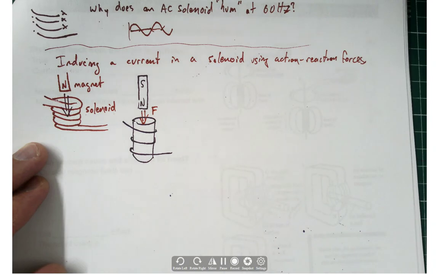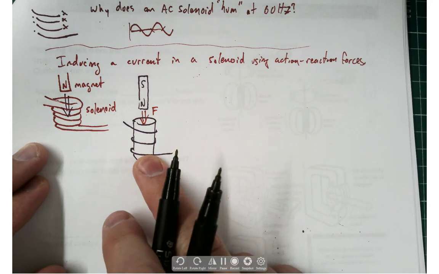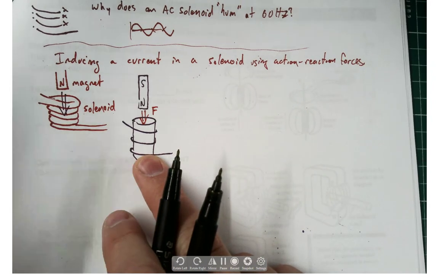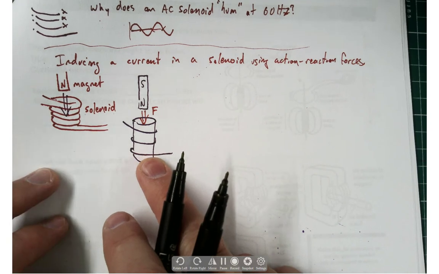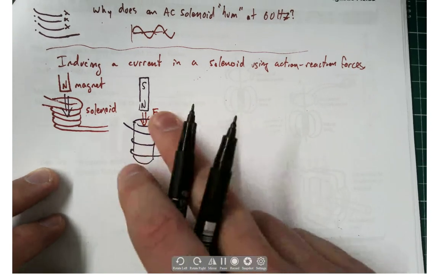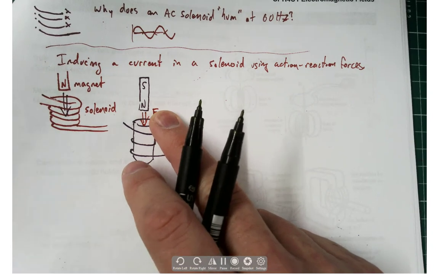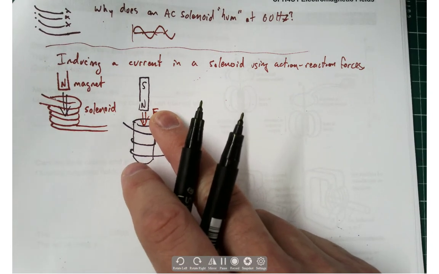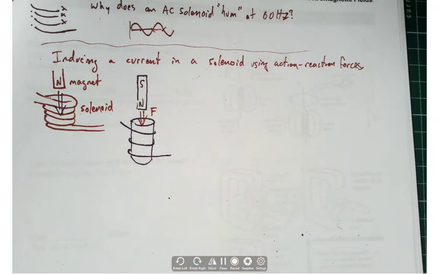Now, if running current through a wire produces a magnetic field, in that situation, the input is the current. The output is the magnetic field. Input, output. Action, reaction, okay? Action, consequence. In this case, the input is shoving a magnetic field into the wire. And so the output is going to be current flow. And there actually is a rule for that. However,